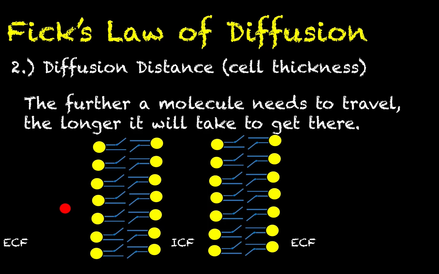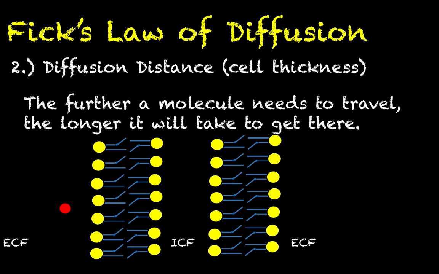The second factor we'll discuss is the diffusion distance. Practically speaking here, we're talking about how thick a cell is. So the idea here is a very simple one to grasp. The further a molecule needs to travel, the longer it's going to take to get there. Illustrated here, we have what we would consider to be a very thin cell. You could almost think of this cell as being flat like a pancake and then rotated 90 degrees as it's shown here. You can see that this cell must be very flat because the intracellular fluid space is very, very,